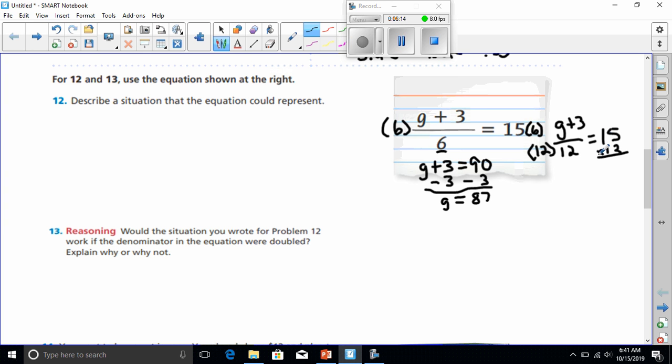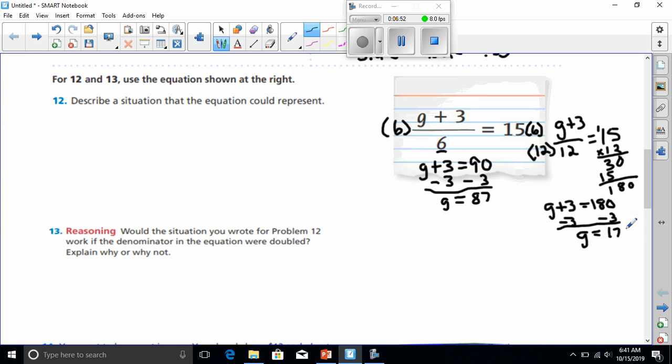Which means I would have to multiply by 12 over here. And let's just do that real quick. If I multiply by 12 over here, 5 times 2, that's going to give me 10. Carry the 1, that would give me 30. And then 15. And I see that I would have 180. Okay, so that means my equation would now be g plus 3 equals 180. And then I would have to subtract 3 from both sides. And that would give me g equals